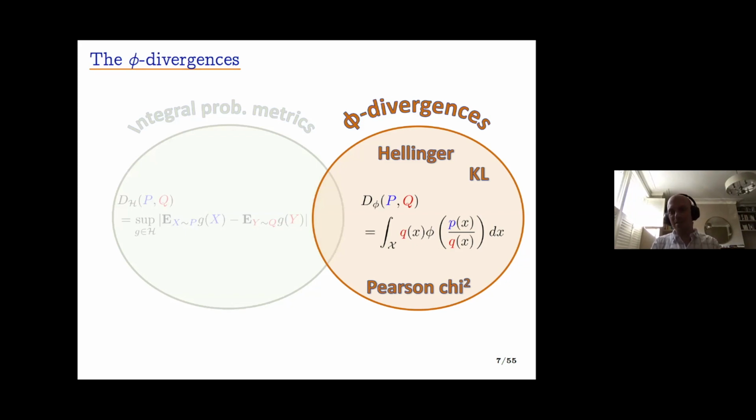So let's begin by spending a bit of time on the right-hand side of this world of divergences. We have a number of divergences in that category. Hellinger is one, KL is another, chi-squared is yet another. So there are many divergences that we know and love on this side of the slide.